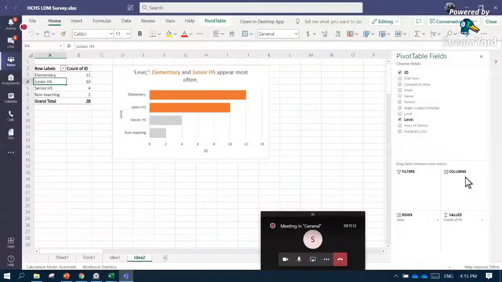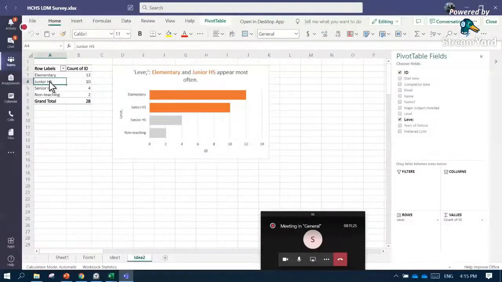In the rows area, you have the level, which is actually the row labels here. Once you add another field to these areas, it will automatically appear in the pivot table area in our worksheet.